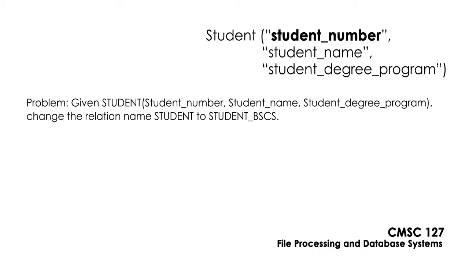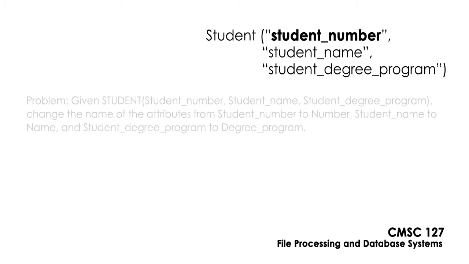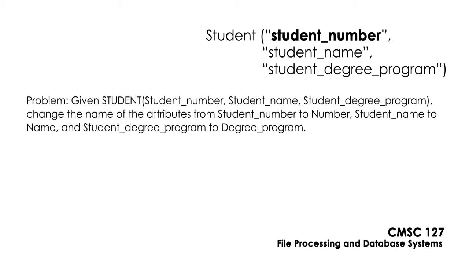then I can specify a relational algebra expression something like rho, followed by student underscore BSCS, followed by student, which is the name of the old relation. If I want to change the name of the attributes of student, dropping the student component of the attribute name, say for example, from student number to just number, student name to just name, and student degree program into just degree program, I can specify that using this expression,